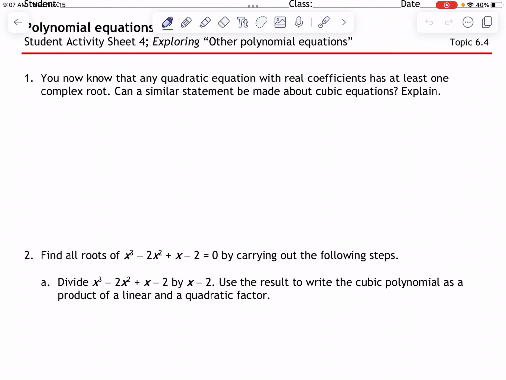Hello, Algebra 2 people. We're going to continue on with exploring other polynomial equations. So if you could turn your packet to page 24 and I'll take you through what we're going to learn